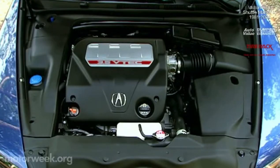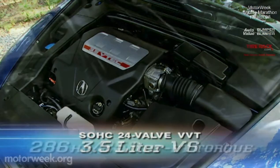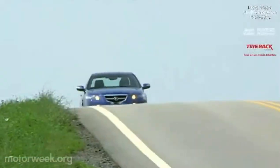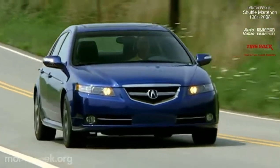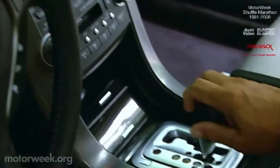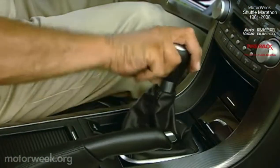And the S in Type S clearly stands for sport and means added gumption from the Acura RL's 3.5-liter VTEC V6. Output is a hearty 286 horsepower and 256 pound-feet of torque. That's 28 more horses than the standard TL and just shy of the BMW 3 Series Turbo Inline 6. Front-wheel drive delivery is from either the RL's 5-speed automatic with paddle shifters or a tightly spaced 6-speed manual transmission